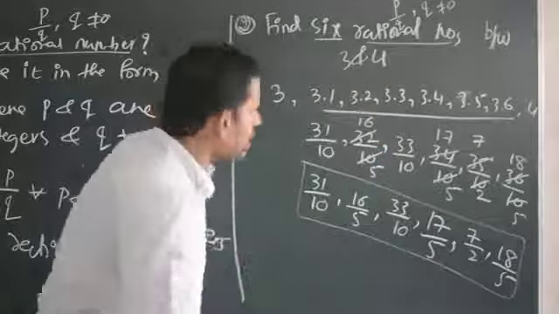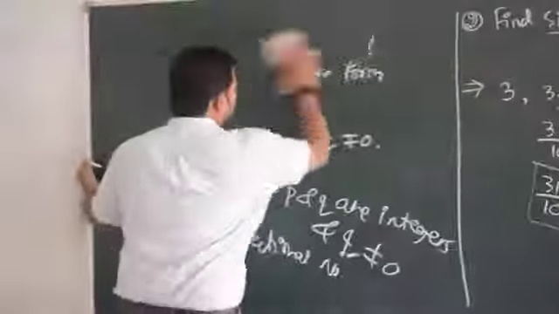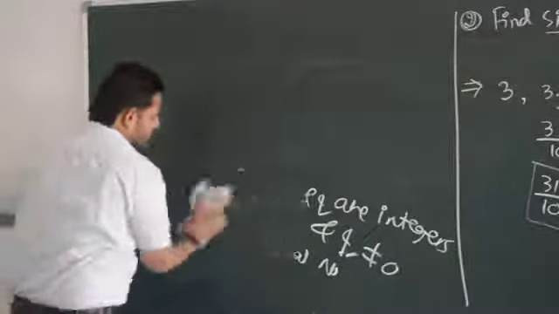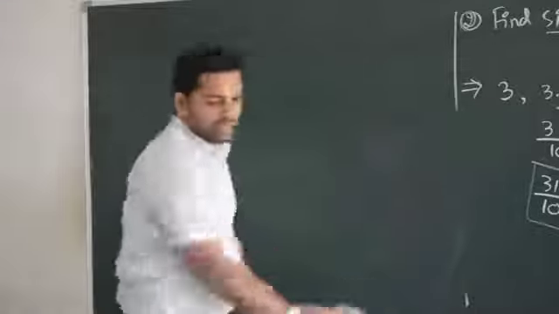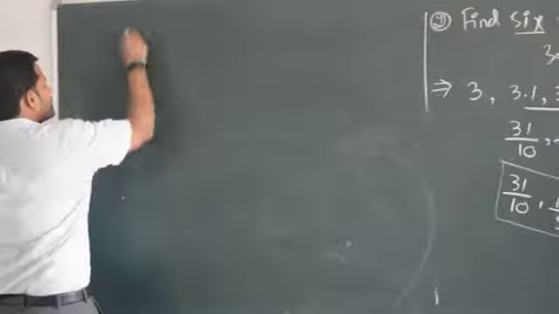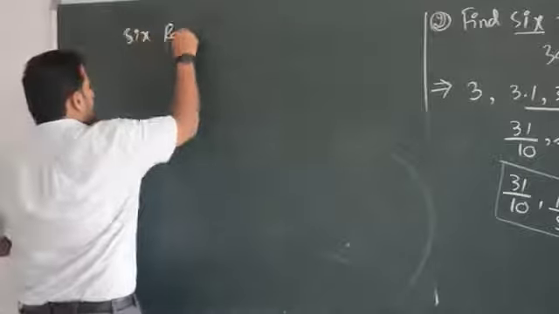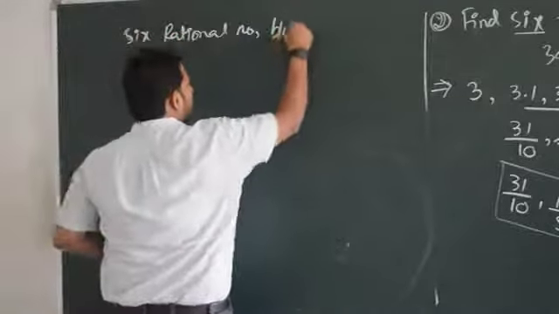Let us look at how NCERT approaches this problem. Let us see that also, because you must be having an idea about all those things also. In some form or the other, it may be helpful. The same question: find 6 rational numbers between 3 and 4.